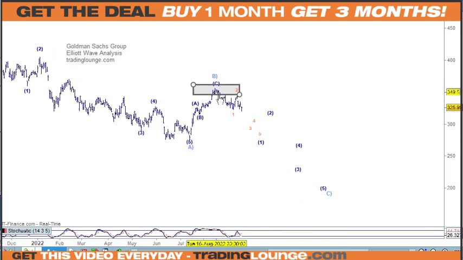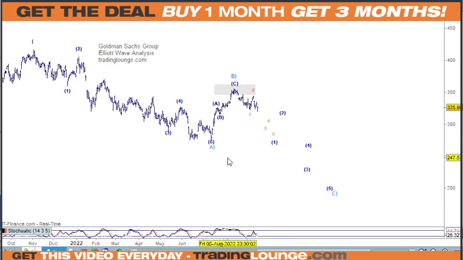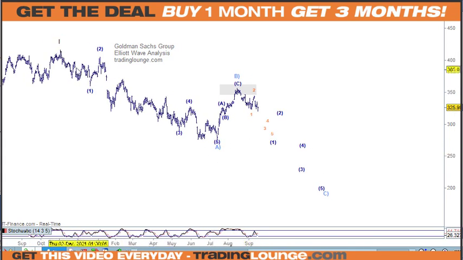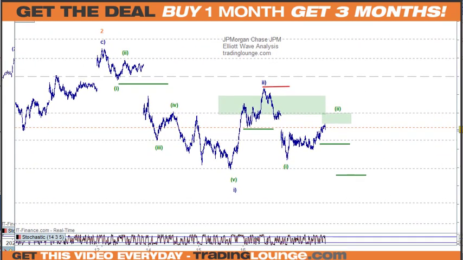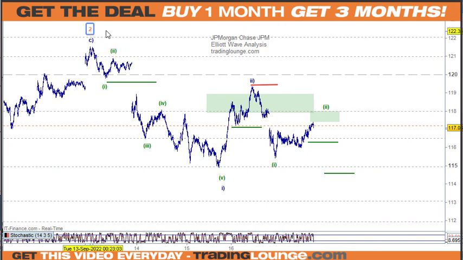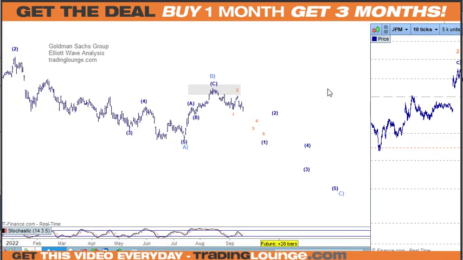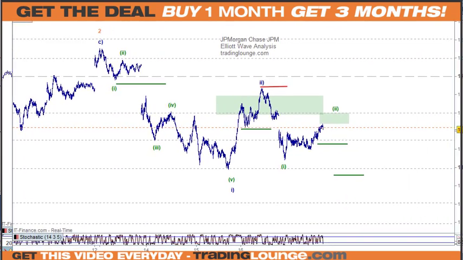So we'd need to look at this as all the way down to this point for wave 1. This was quite time consuming, as you can see. So 1 and 2 here, and 1 and 2, and 1 and 2. If I bring that Morgan's, JP across for a moment, that wave 2 there would be that wave 2 there. I'm just bringing this back again. So we've got wave 2, then wave 1 and 2, and 1 and 2 here.